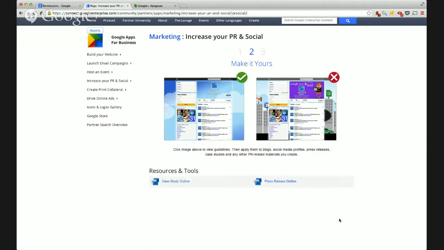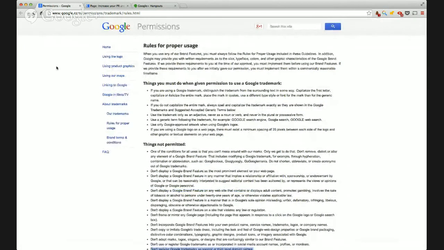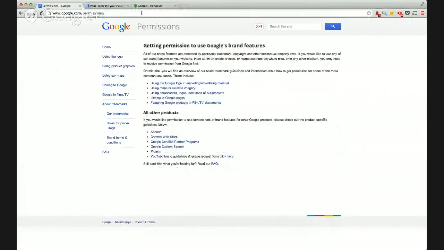So with that, I'm going to move on to another resource that is particularly useful when you want the black and white, literally, guidelines directly from Google. So good. You could see my screen here. On this site, if you go to google.com/permissions, then you will see the homepage of getting permission to use Google's